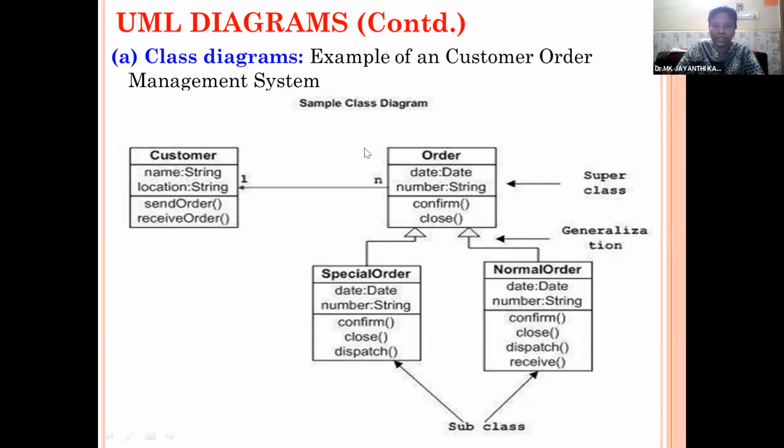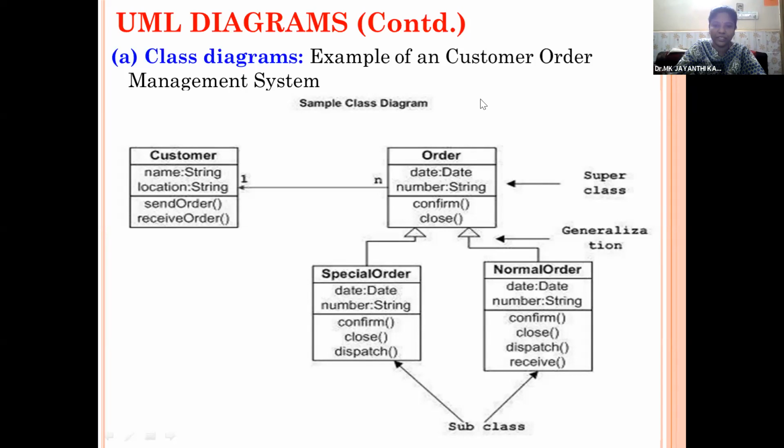In a class diagram, we use rectangles with three divisions. The first row is used for specifying the class name, the second for the attributes or data members, and the third for the functions.